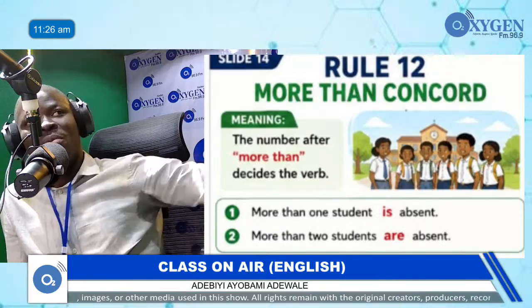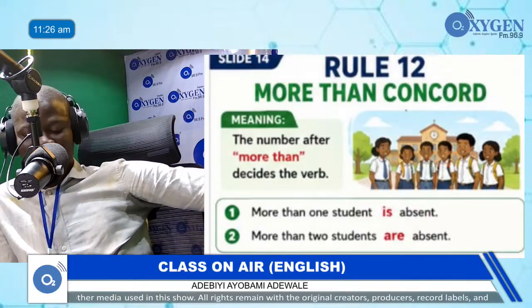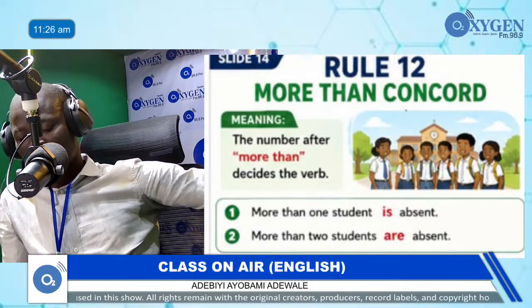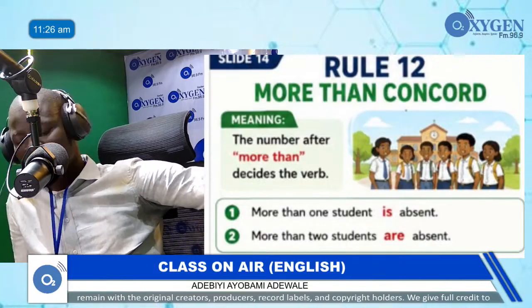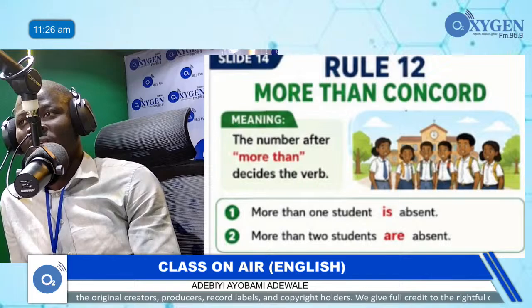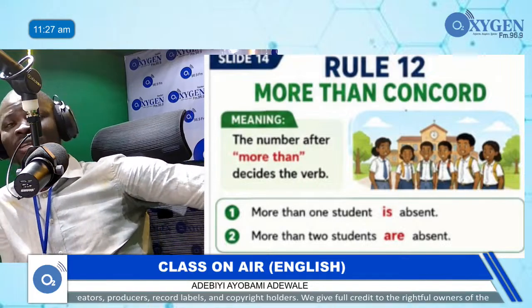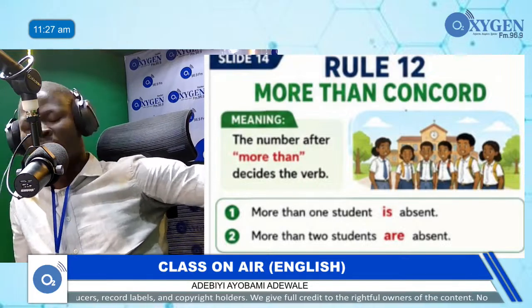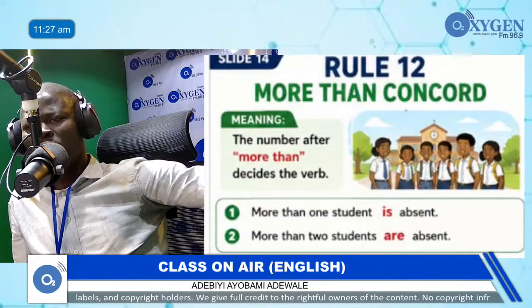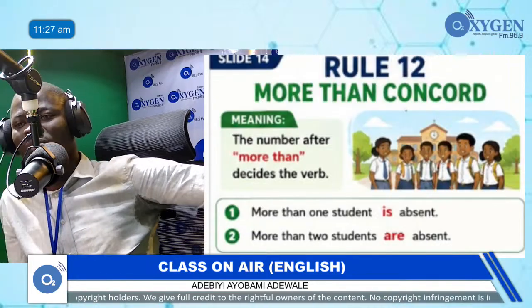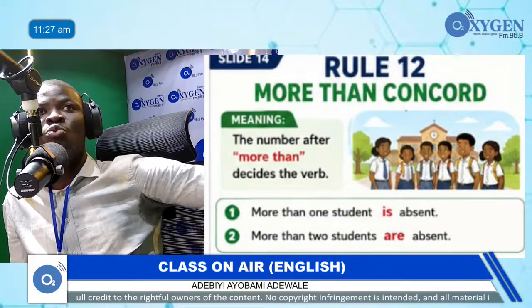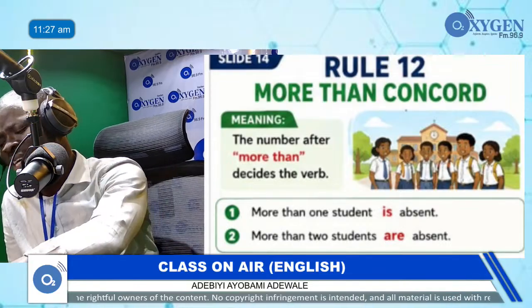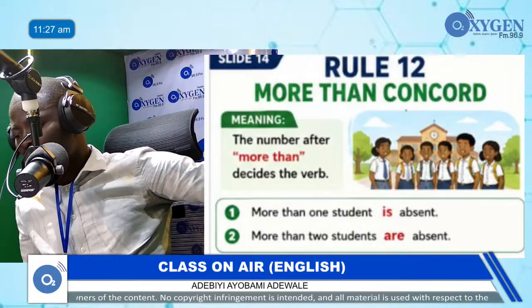However, it has an exception. In grammar class, our teachers always tell us that in areas of language learning, there are things that we say work this way. When we get to another perspective or another level, it won't go that way. That's why we don't make complete claims. A good teacher of English does not make complete claims to certain expressions. We give room for exceptions. The exception is that when more than